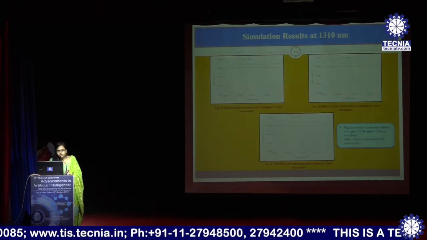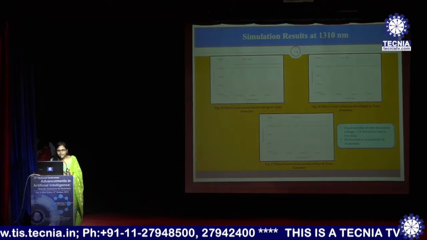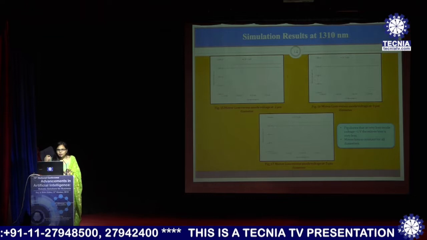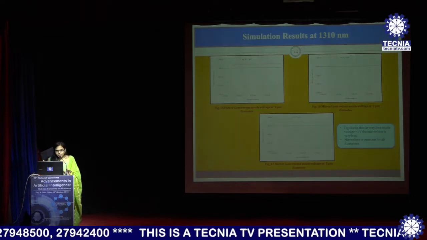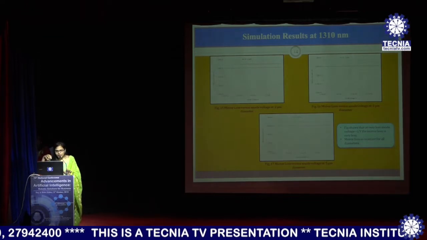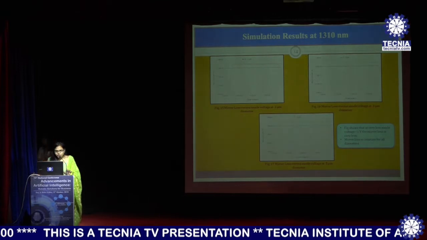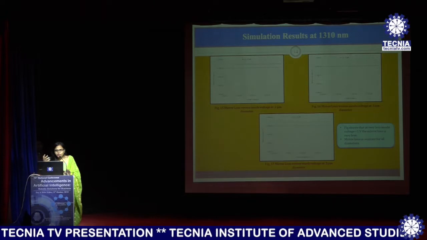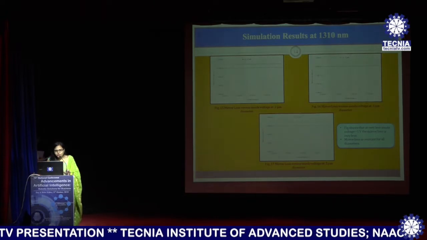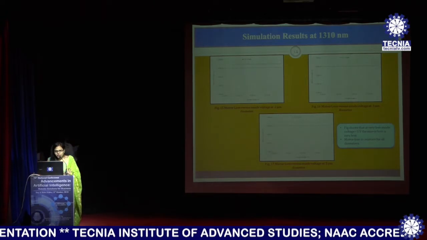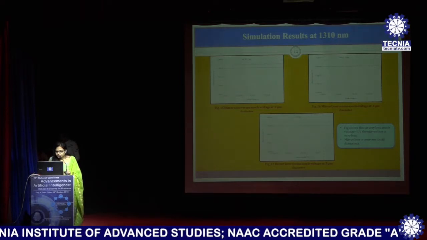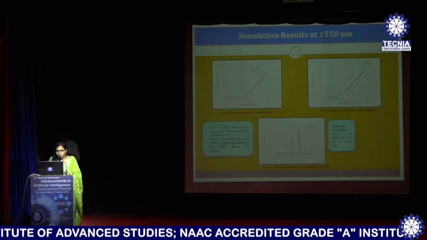This is again the mirror loss. What is mirror loss? When light emits from the surface of the vertical cavity surface emitting laser, some light will reflect back and some will come back. The light that comes back, that refraction going on, is called the mirror loss. The light cannot be reflected properly. That is called a mirror loss, which is very small. Here in my case, it's very small and constant for all diameters, less than 1 volt.